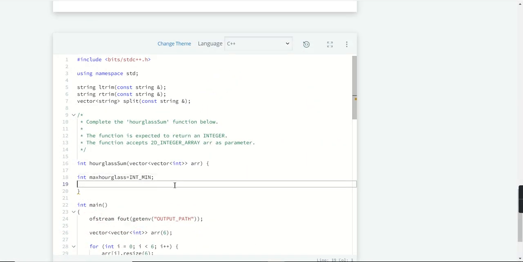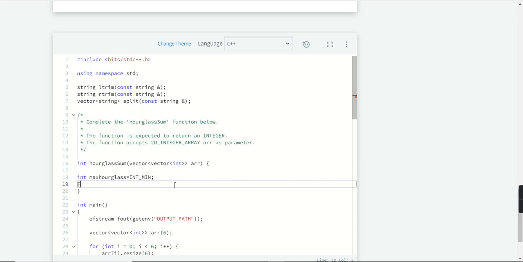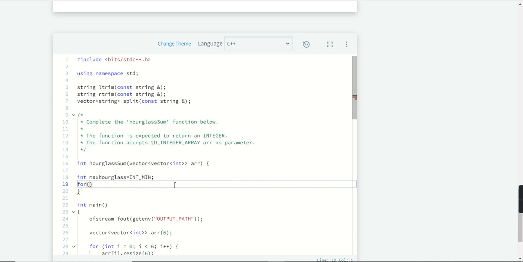Now we will do the loop, like for i equal to 0, i less than 4, because it will go up to 3, i plus plus.